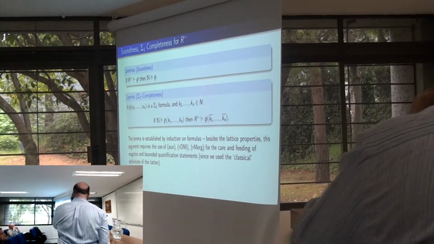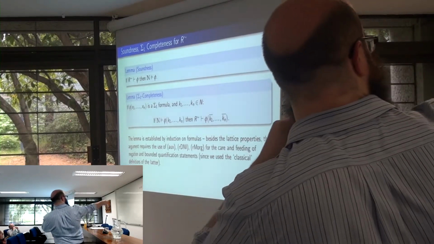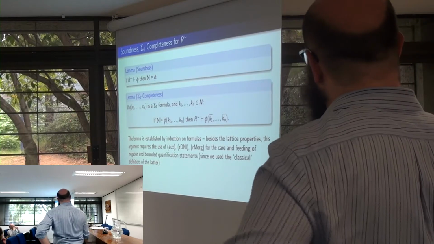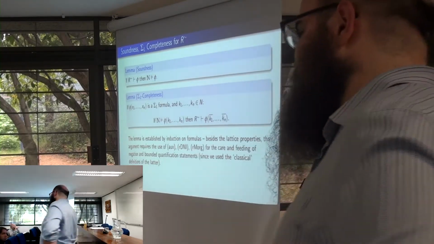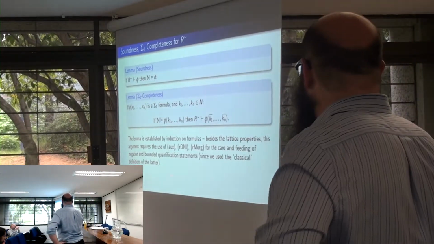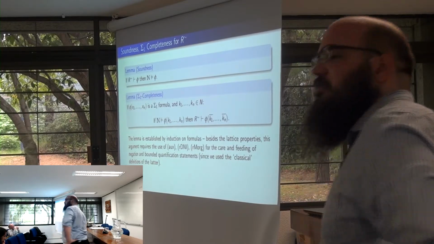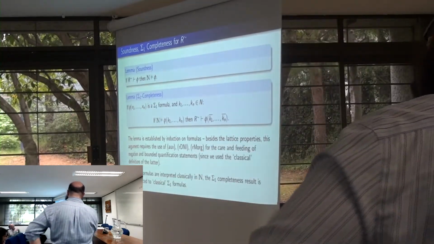Parts of L0 that we need for this, besides the lattice properties, are this guy, aux, the double negation introduction rule and the De Morgan rule, remember the one particular direction of De Morgan. Doesn't matter which direction, but it's intuitionistically acceptable. We need those for the care and feeding of negations and bounded quantification statements, again, since we use the classical definitions of those. Okay, so